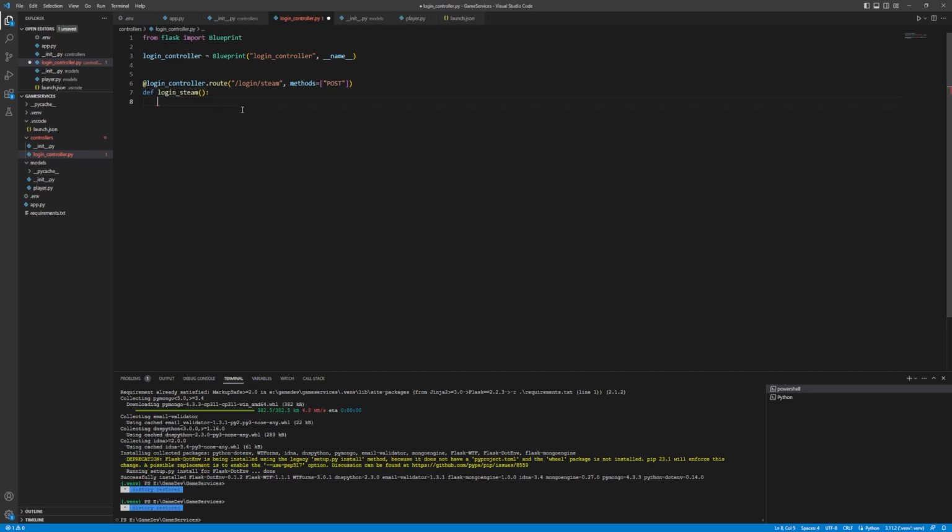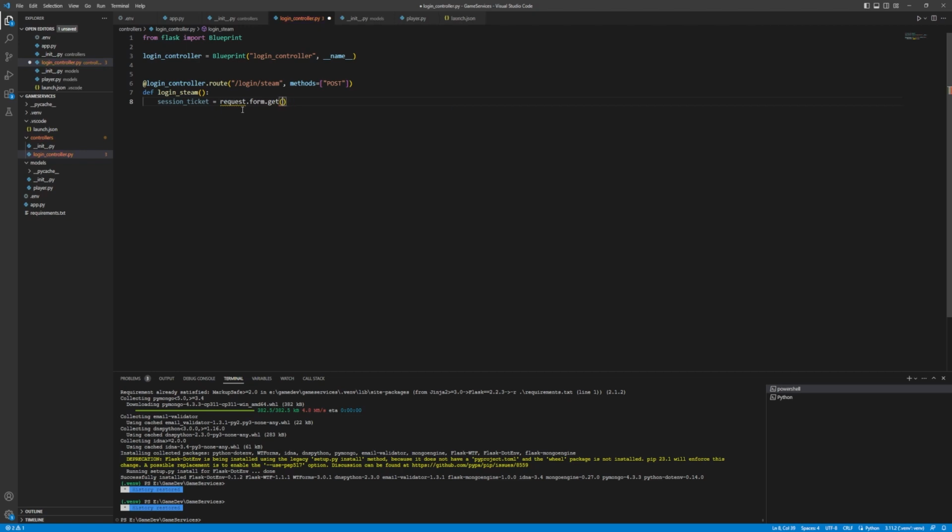And then what we need from the client, what the client is going to send us, is called a session ticket. So that's what Steam gives you to represent your identification with Steam. So what we're going to do is send it to the backend, and the backend is going to use this, call the API, and say, hey, is this a valid ticket? If yes, give me back the user information. I need it. So he's in my game right now, so I need it. Okay, so what we're going to do here is